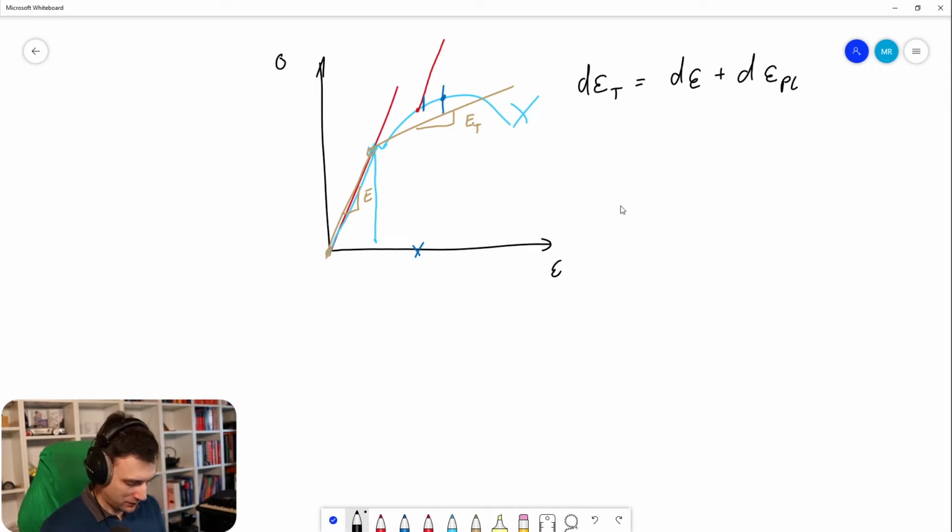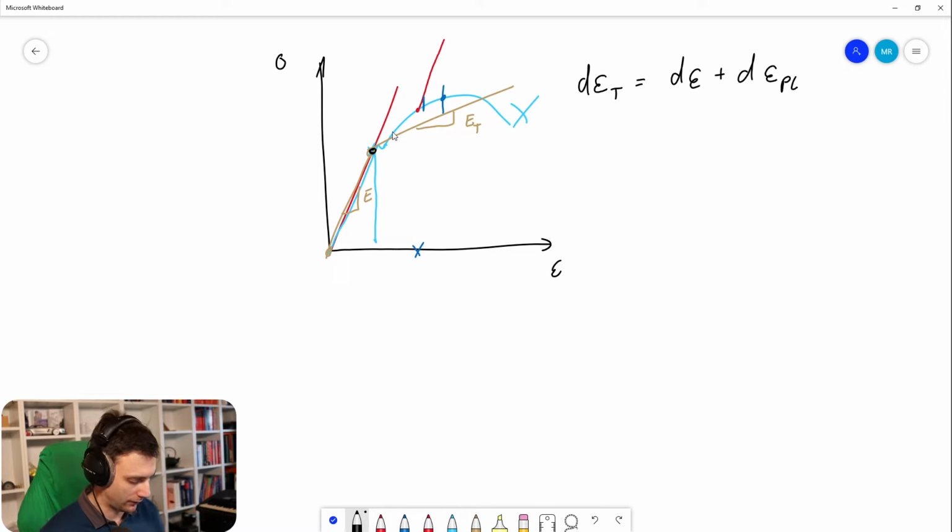We could talk around this topic maybe for hours, but just because it seems so obvious here, an ideal plastic material would be like this: as soon as you hit the yielding point, it will just be a flat line, which means it does not increase in stress, but just the strain will get larger. But usually you have an elastoplastic material, which is kind of what you see here. You have increasing stress over increasing strain, but not at the higher slope as with the linear model. That's why it's called a bilinear model, because you have two linear regions. And as soon as you hit the yielding point, you will have a different slope, and it will have larger strains on